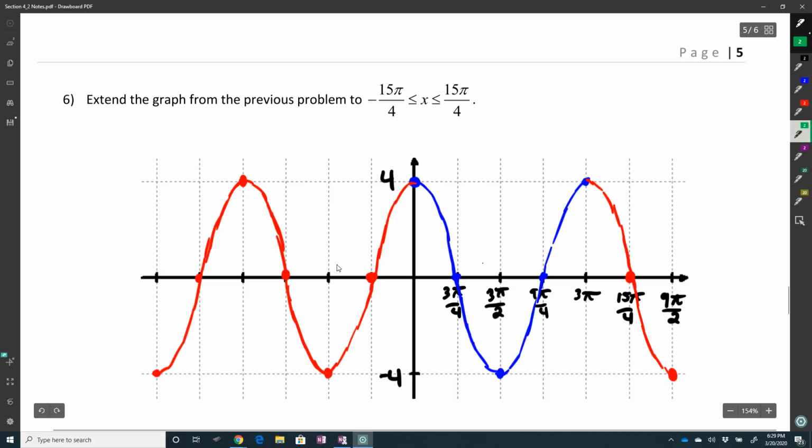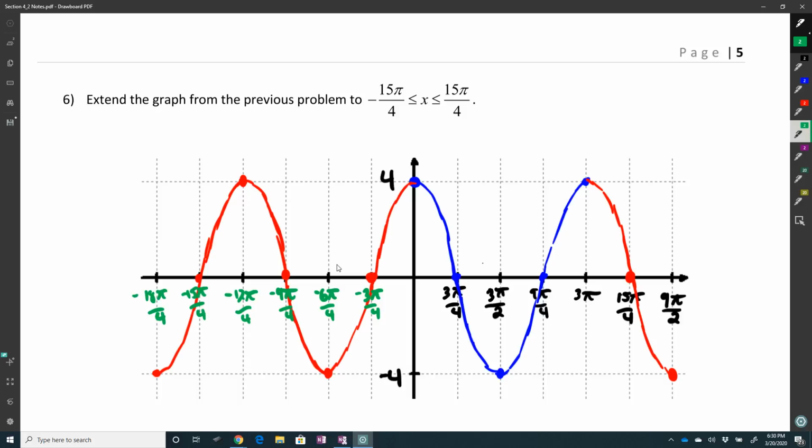All right? So that means that this is negative 3 pi over 4. You can simplify it, but negative 6 pi over 4, negative 9 pi over 4, negative 12 pi over 4, which is negative 3 pi, negative 15 pi over 4, and then negative 18 pi over 4. So those were the numbers I was doing. I was just adding 3 and simplifying it in my head. 18 over 4 is 9 halves. 12 over 4 is 3. 6 over 4 is 3 halves. But anyway,